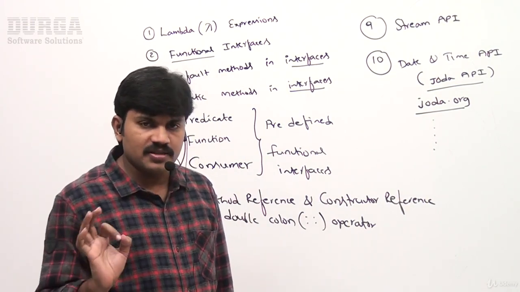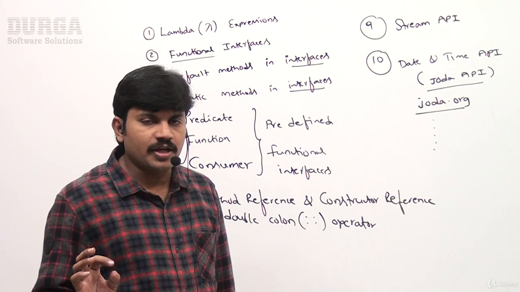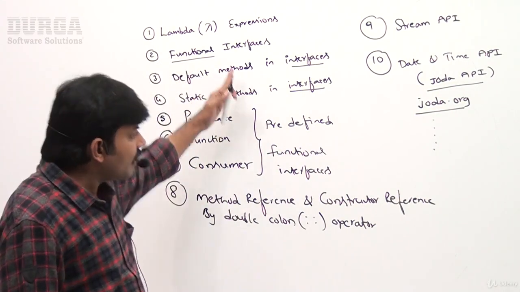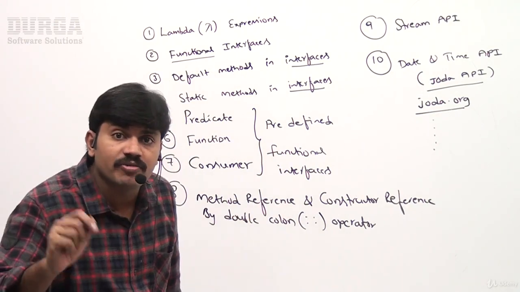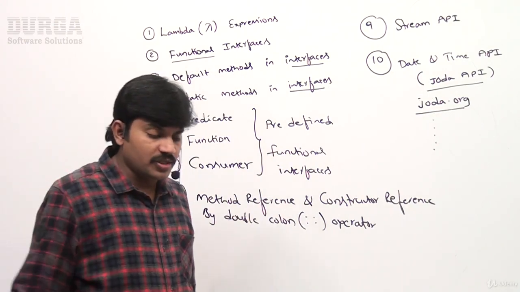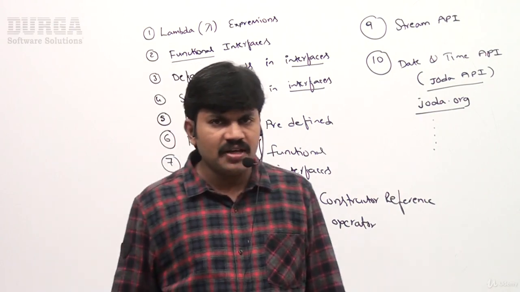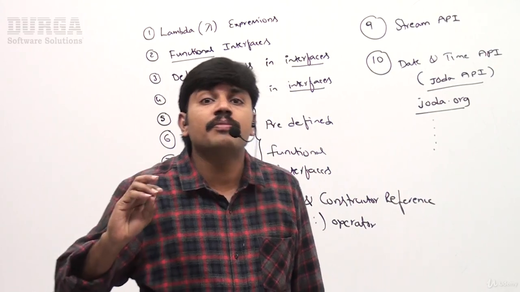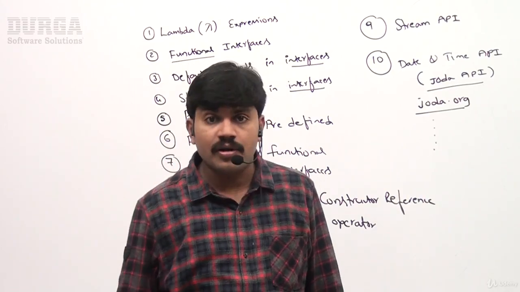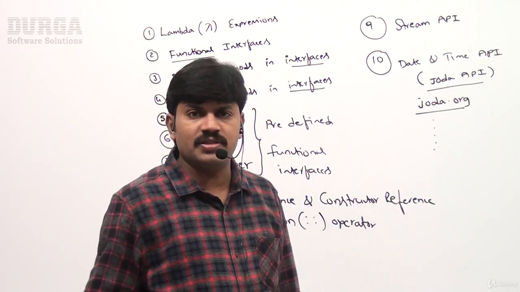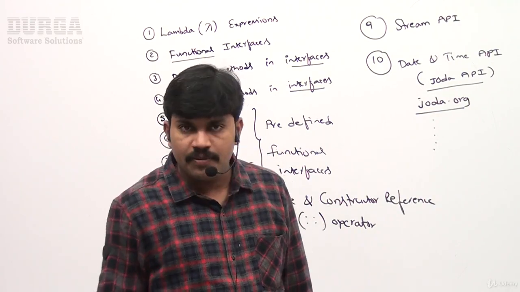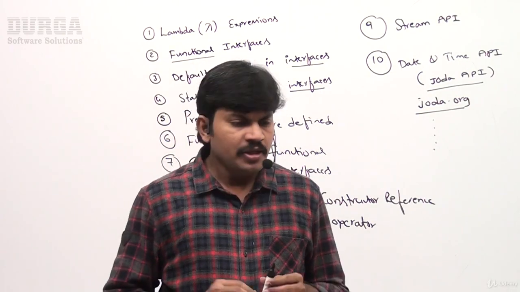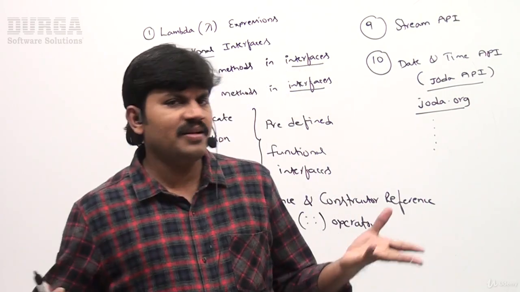If any person asks, can you please explain what new features came in the 1.8 version? This content itself is an important question for the interview room. Can you spell out what the various new features are? Immediately you have to tell: lambda expressions. Next, functional interfaces. Default methods and static methods inside interfaces. Predicate, consumer, function, the double colon operator, stream API, Joda time API. You should be in a position to tell. Okay. But anyway, I'm telling you directly.